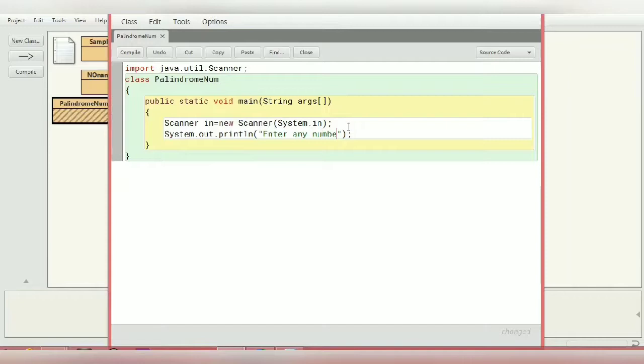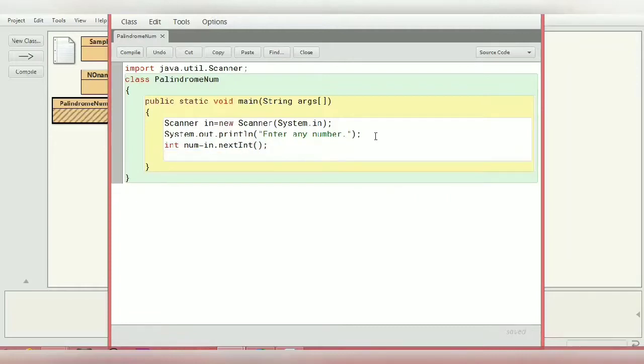We don't know which number the user is going to give us. So let's take it as an integer. I'm taking int number is equal to in.nextInt. So I've taken the number. In the process, I may require this number once again, so let me create a copy of it.